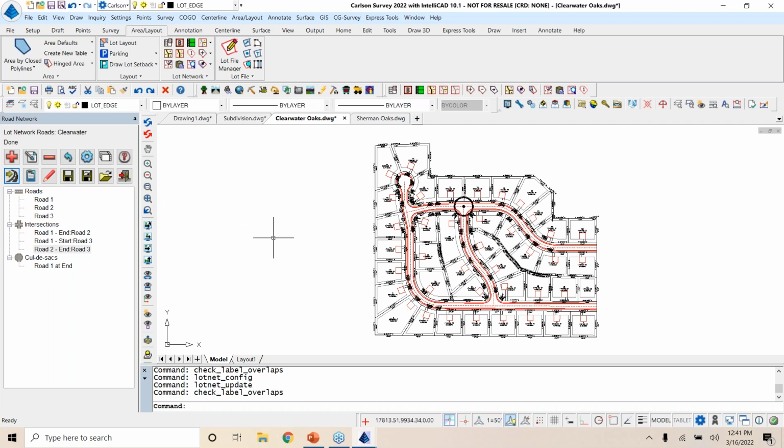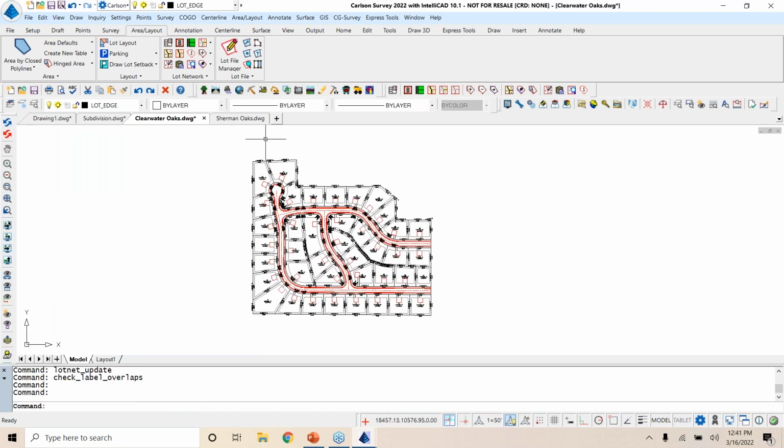Where it gets interesting is if you're actually going to go from just the simple layout and the plat that's going to go into the county to be recorded, if it's going to stay in your office to go through the final design, setting up the roadway profiles, doing the overlot grading and all of that work, this is where this method can have advantages,